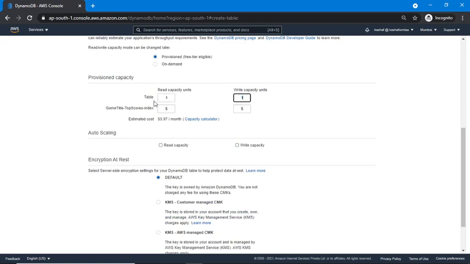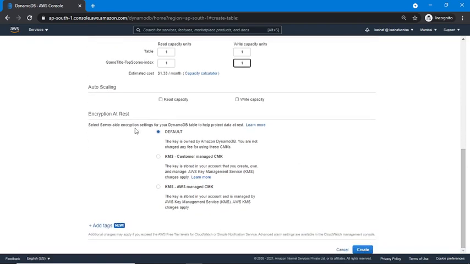You can see here the provisioned capacity is for the base table, and the LSI uses the same capacity from the base table, while the GSI takes it individually, meaning it is separate. So you have to configure it separately. It doesn't use read and write capacity from the base table. The LSI uses it from the base table.